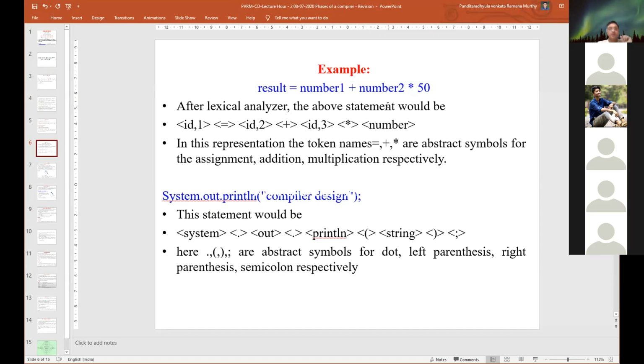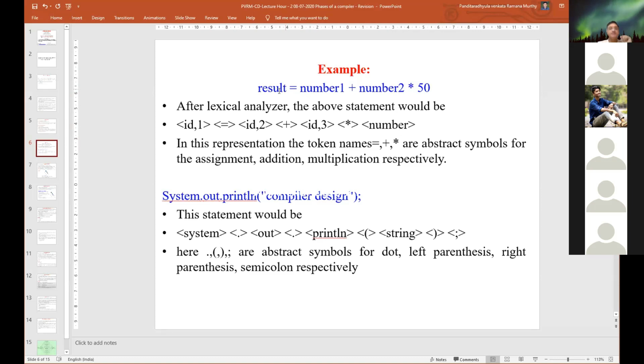What is the output? Here the question is what output we need to perform. After the lexical analyzer, the above statement should be identified. Result, number1, number2 are identified as ID, so ID1, ID2, ID3.